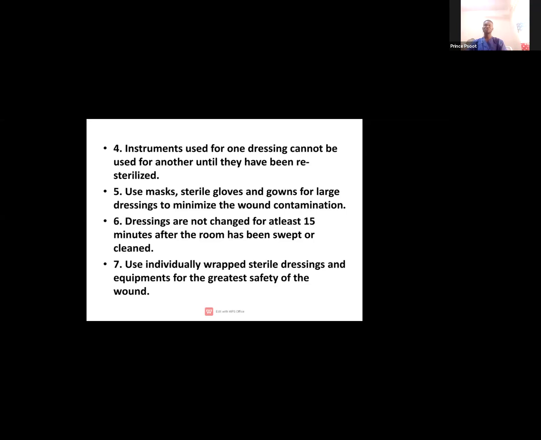So we have to be careful. You allow a number of minutes to pass before opening or changing the dressing after the room has been cleaned or swept. Then use individually wrapped sterile dressings and equipment for the greater safety of the wound. Now we have sterile packages. You can't sterilize instruments? Now it has been made easy. Sterile dressings are sold. You can buy a